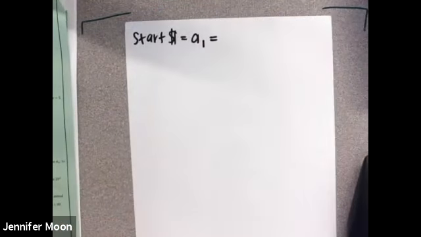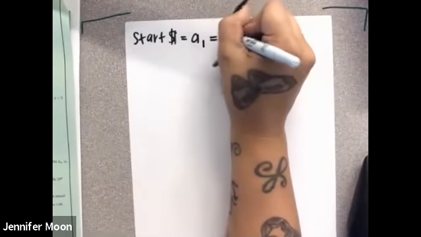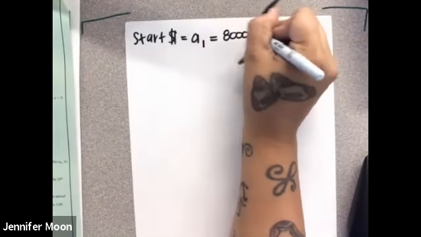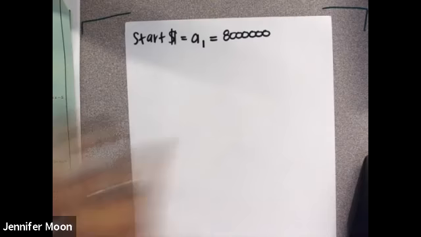And if you read it, it says he's going to sign a contract, beginning salary, that's starting, at $8 million. Okay, so then it tells me for the first year, and an annual increase of 9% per year beginning in the second year. That 9 with the actual percentage symbol doesn't necessarily mean much